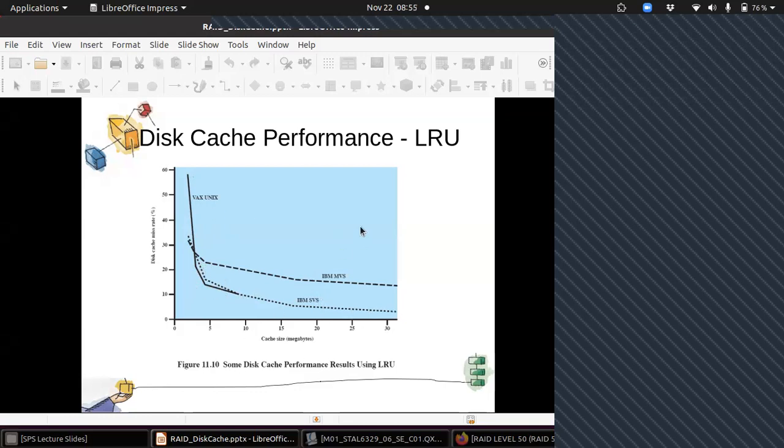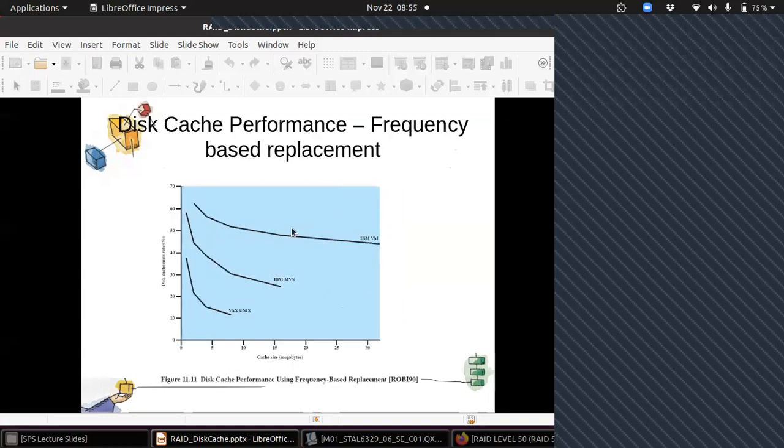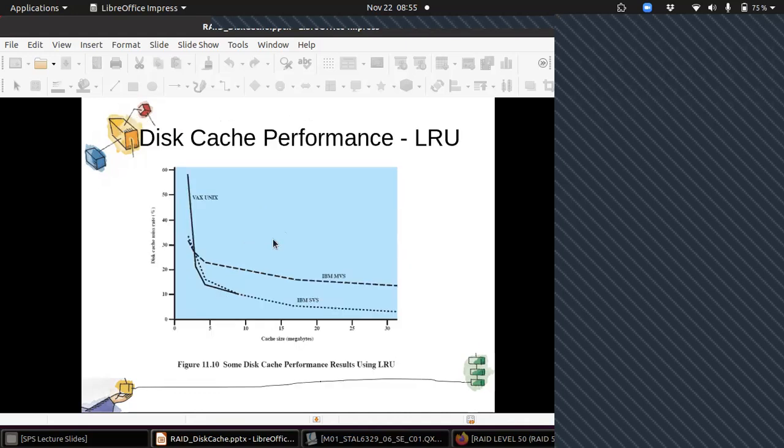And this is the disk cache performance in case of LRU, and this is the disk cache performance in case of frequency based replacement. If you compare this, it achieves its optimal value with a smaller size of disk cache. It achieves that optimal or required value of the miss rate with a smaller size of the cache. You can see that here.